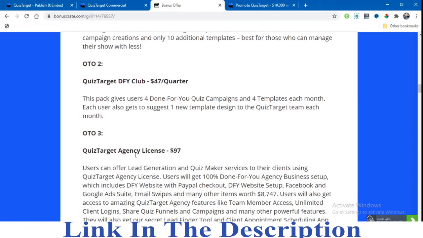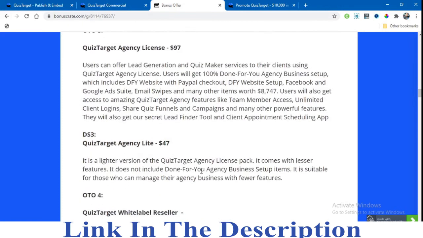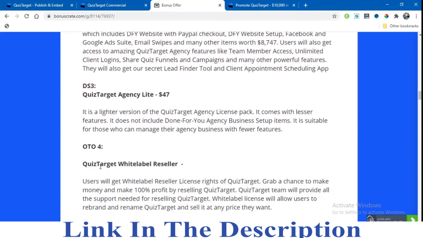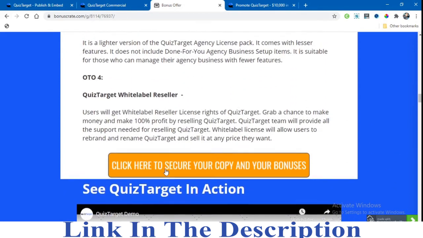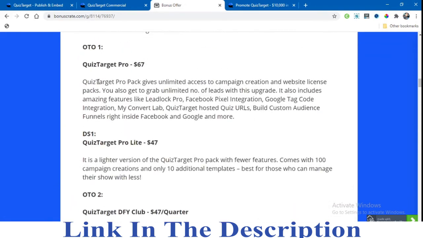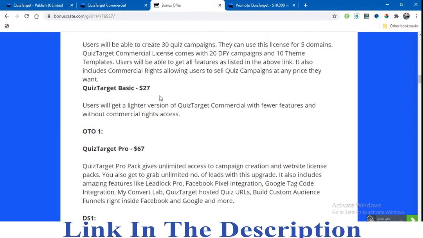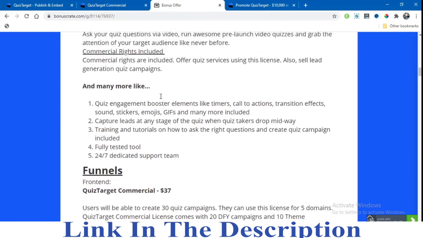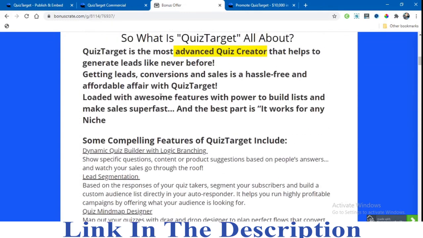Next is Quiz Target Agency License, $97. And the downsell is Quiz Target Agency Lite, $47. OTO4 is Quiz Target White Label Reseller. So all the full details which you get with the funnel are available. You can read it in your own time. I didn't go through all of this.